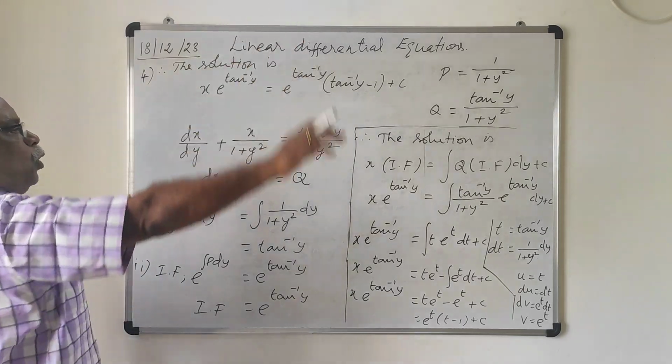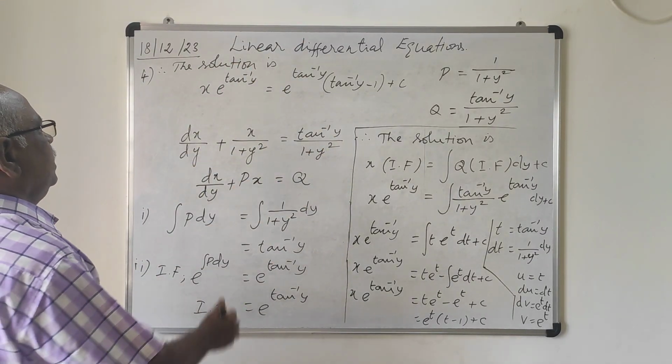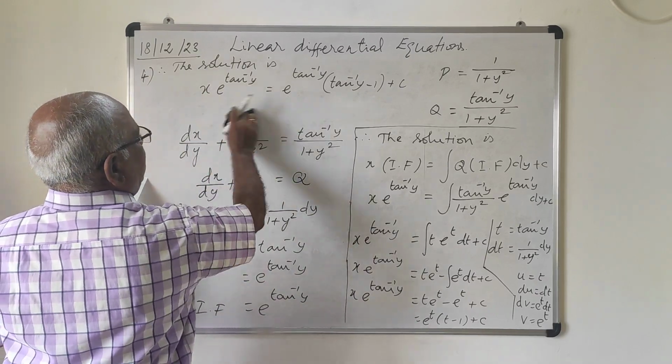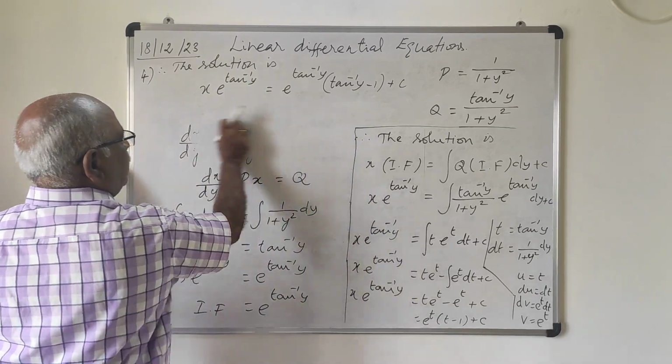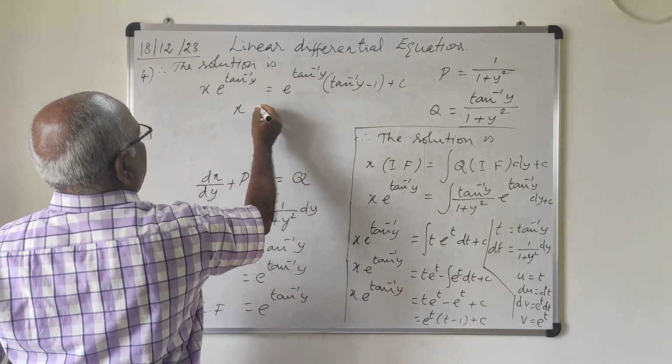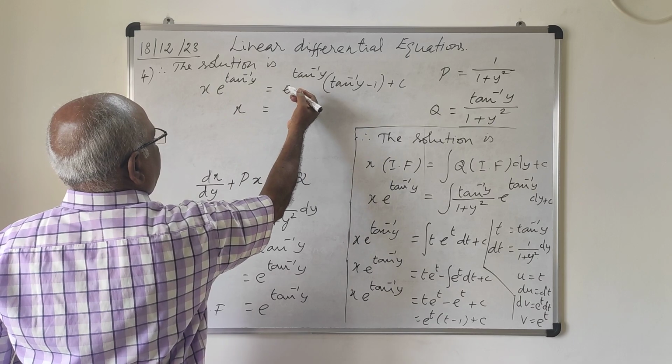Now divide throughout by e power tan inverse y, you will get x equals,